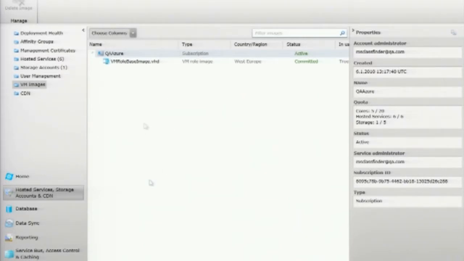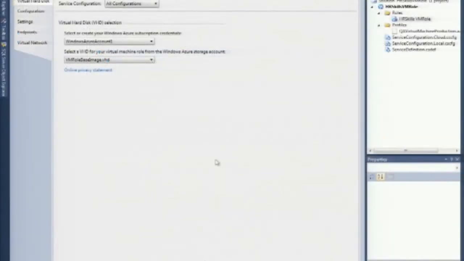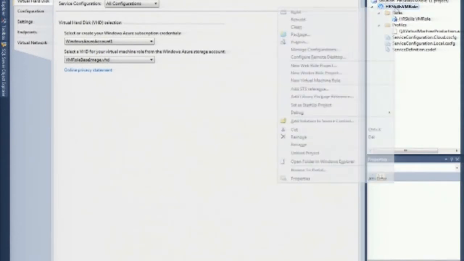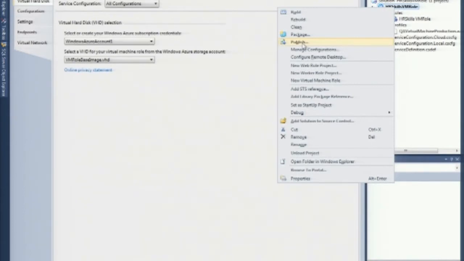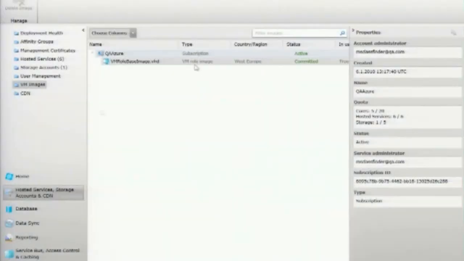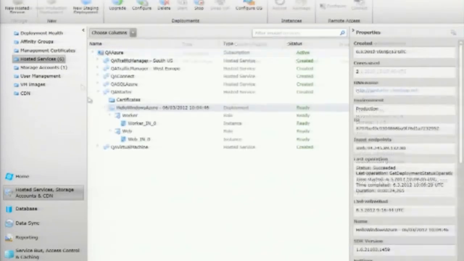I then, through my virtual machine, simply do the same things as I've done before. So I would say I want to publish my virtual machine role, perhaps configure the ability to do remote desktop connections, publish the role into the portal,